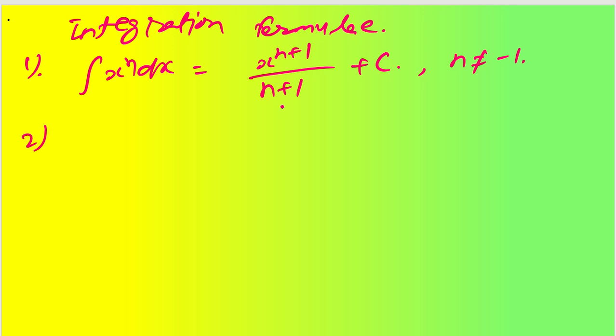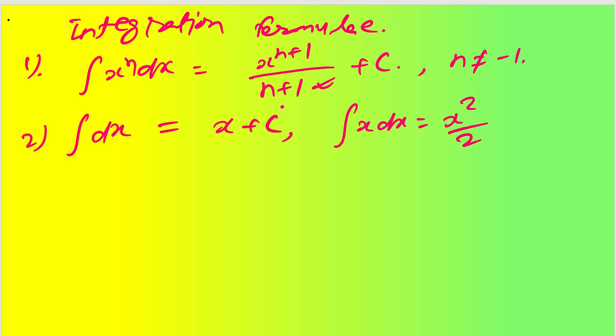Then number two, integration of dx, like 1 dx or just dx. That will become x plus c. Or you can see it like this also, integration of x dx. So that will be what? You can utilize this formula: x square by 2 plus c, because x to the power 1 plus 1 is 2, divided by 1 plus 1, that is 2. So similar to that you can extend it for any of the powers. Okay,